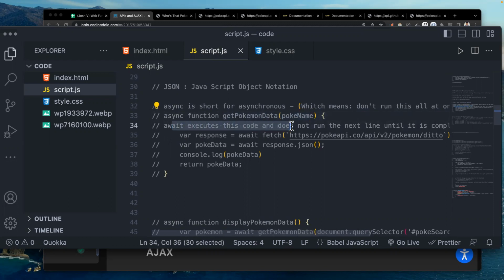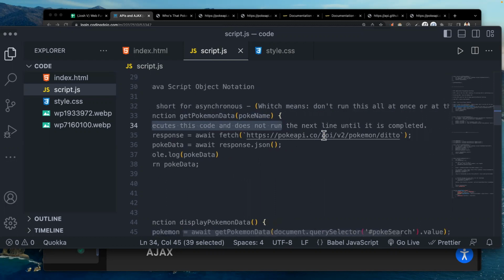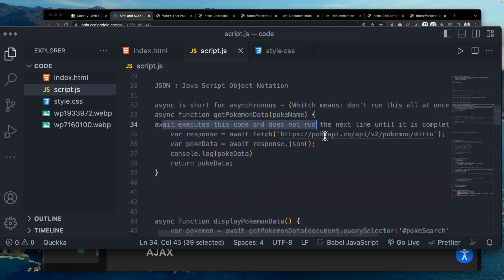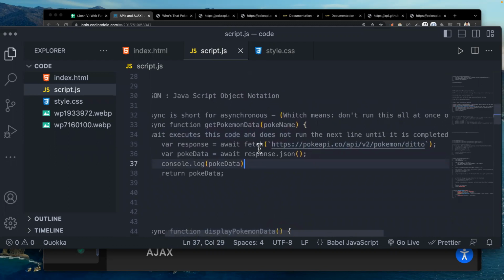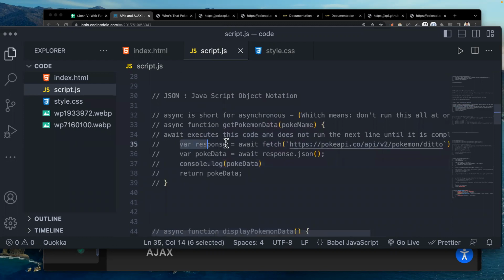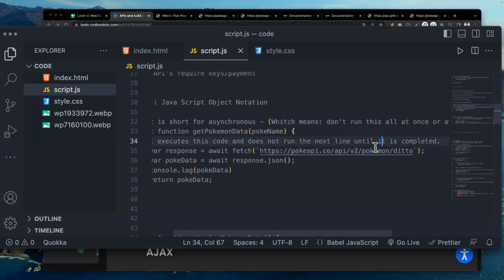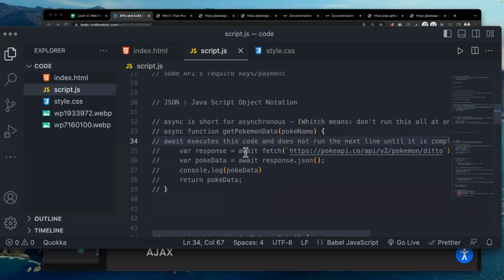Await executes this code and does not run the next line until it is completed. Okay, so this await here will execute this code, and it will run line by line, but it will not hold up the whole entire application because the function is async.